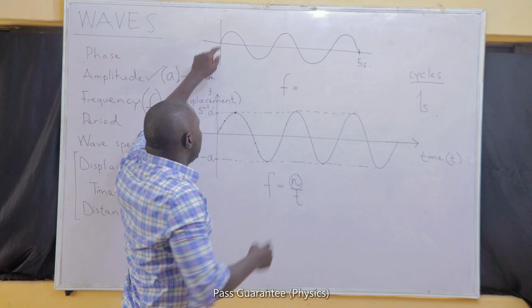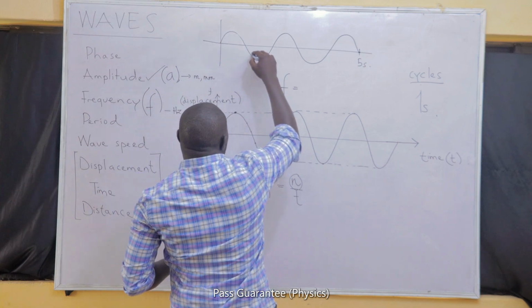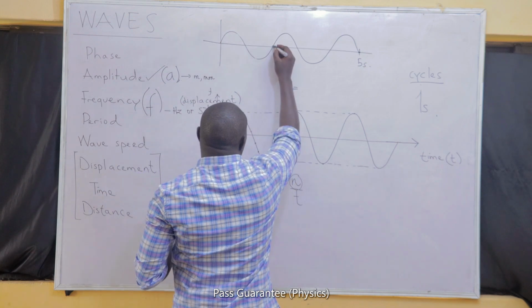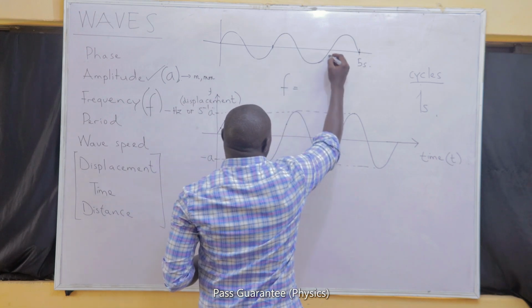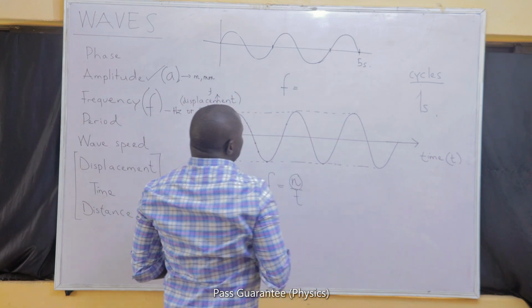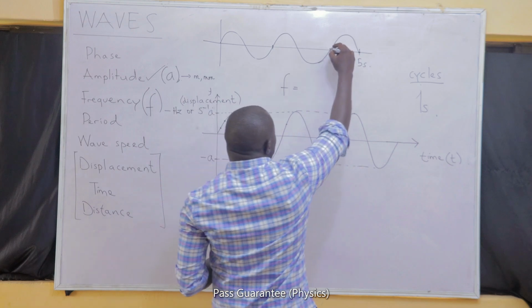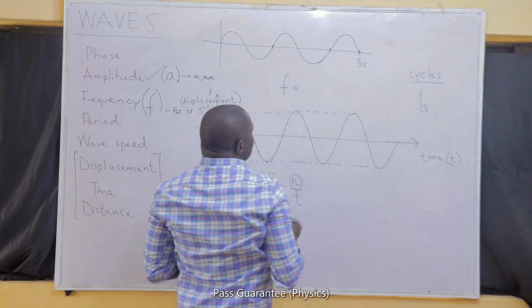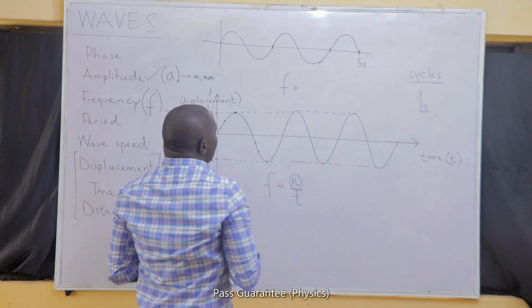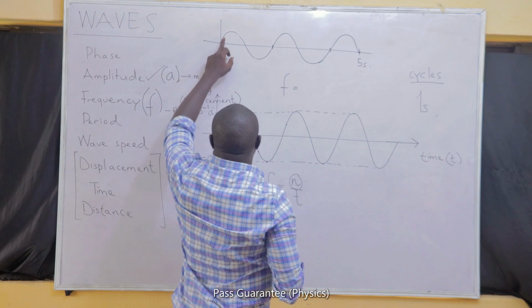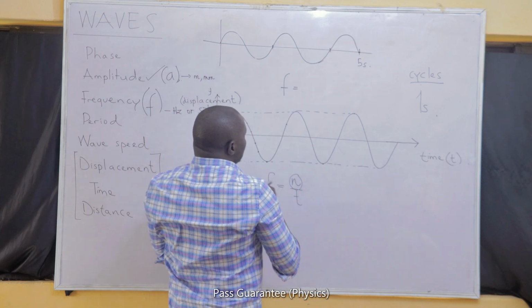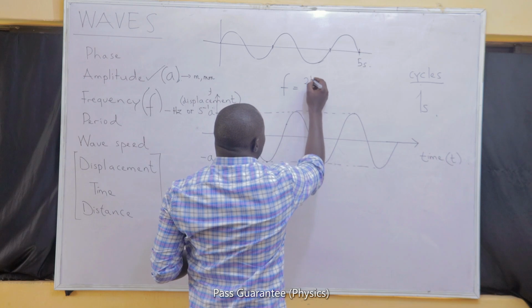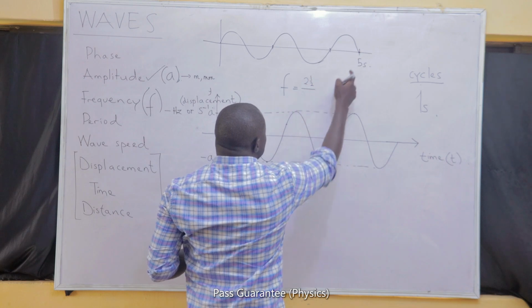So we must be able to successfully determine the number of cycles that we have on the board. Here we have a full cycle. So a full cycle ends here. I also have another full cycle that ends here, making 2 cycles. Then the remaining part is half of a cycle. So I think you will know if I tell you that you have 2.5 cycles.